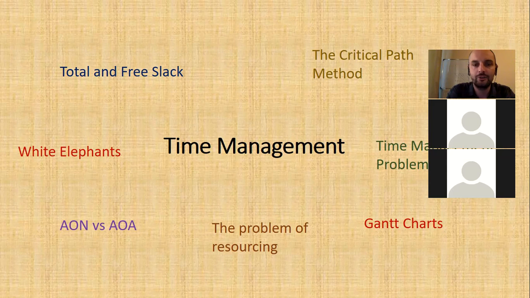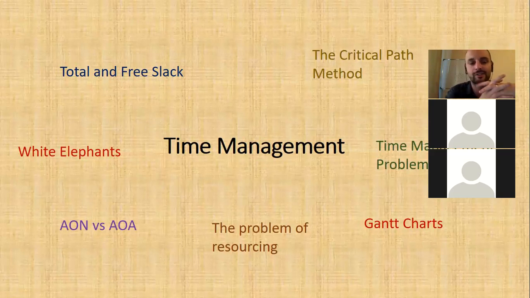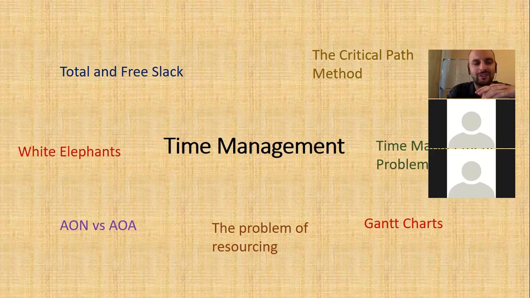Yeah, the nodes with activity on arrow are milestones. They're not activities. In activity on node, the arrows are milestones, meaning you've completed one activity and you're moving on to the next. And just the one thing which is a little bit cumbersome with activity on arrow is you've got to